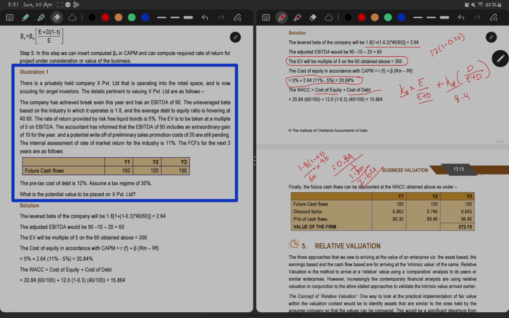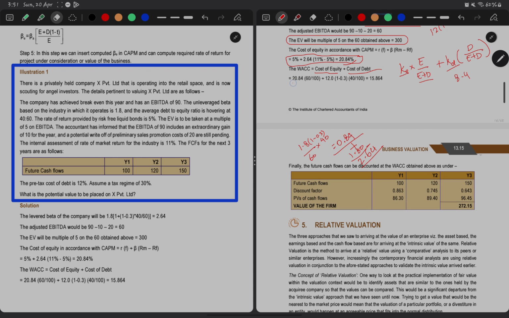In our case it is 20.84. Now if we apply 20.84 in our weighted average cost of capital formula, so KE is 20.84 multiplied by 60 divided by 100, plus 8.4, which is the post-tax cost of debt, multiplied by 40 by 100 will give us the weighted average cost of capital, nothing but